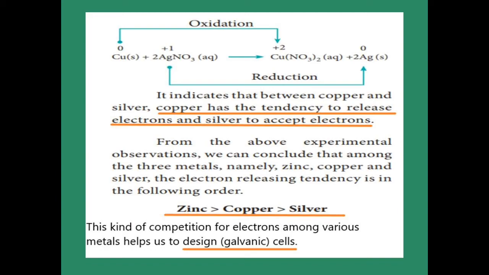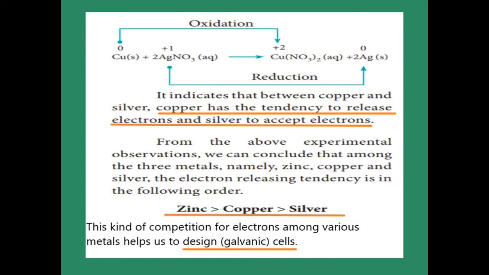And silver, it is a metal on the product side, so it is 0. Oxidation number is 0. Please refer to the rule, so that we get a clear idea about that. And copper goes from 0 on the reactant side to +2 on the product side. Here the number increases, so it is oxidation. In silver nitrate, Ag+ goes from +1 to 0. +1 to 0 means what is happening there? The number decreases, so it undergoes a reduction process.